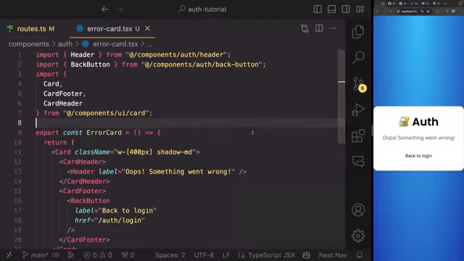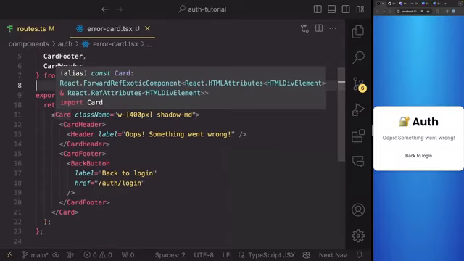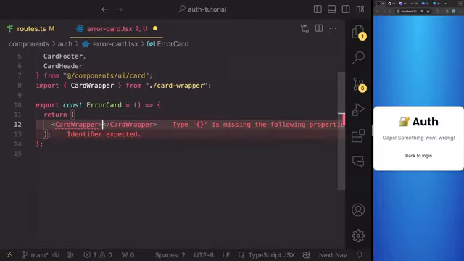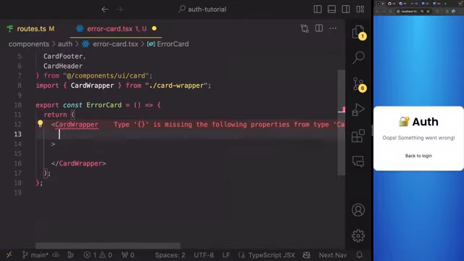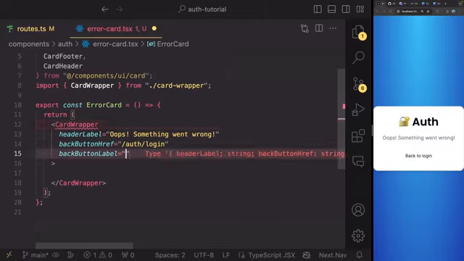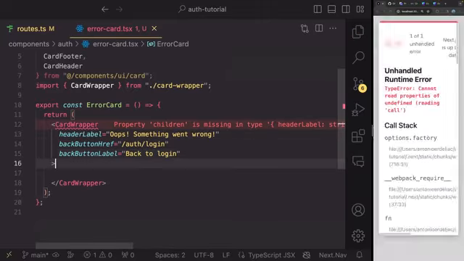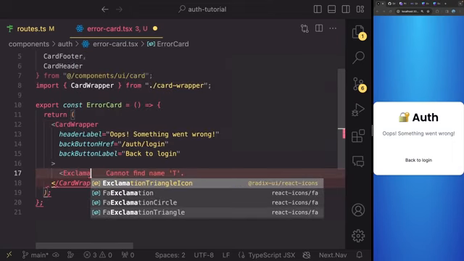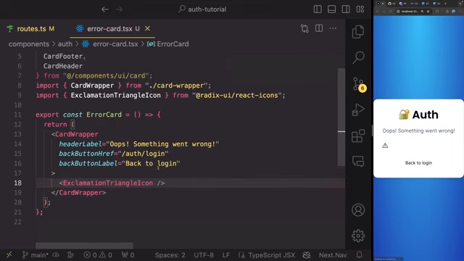Perfect. And I just remembered that I could have probably used inside of my components Auth, where is it? Error card. I think I could have used the card wrapper. So let me just try it out. Card wrapper. Yeah, I think I could have used that. So I can just give it a header label of oops, something went wrong, like that. I can give it a back button href to Auth login and a back button label of back to login, like that. And in here, I can add an exclamation triangle icon from Radix UI icons and maybe wrap that in a div